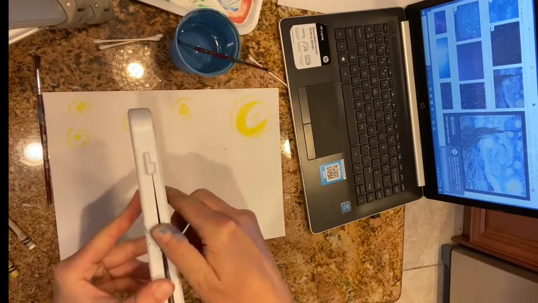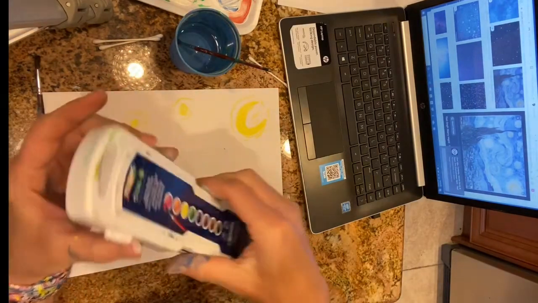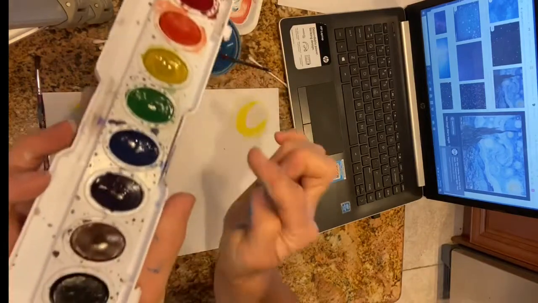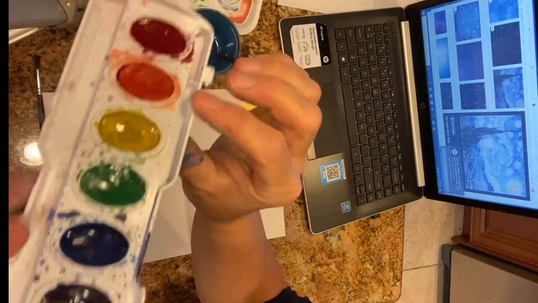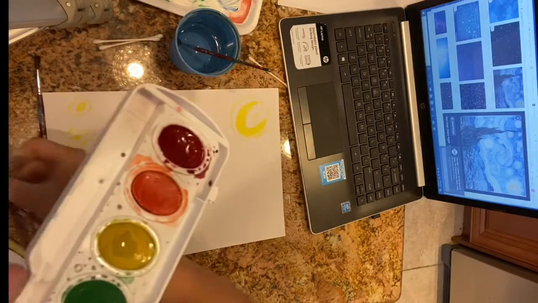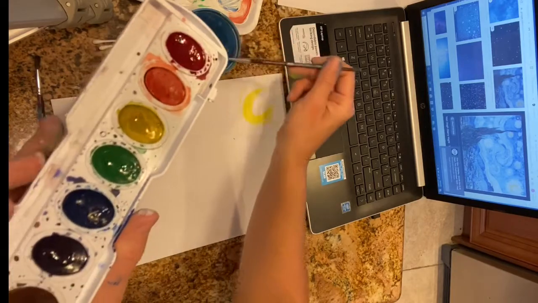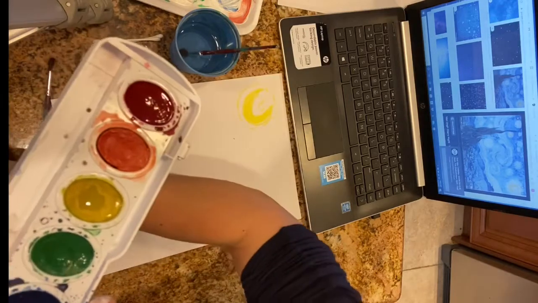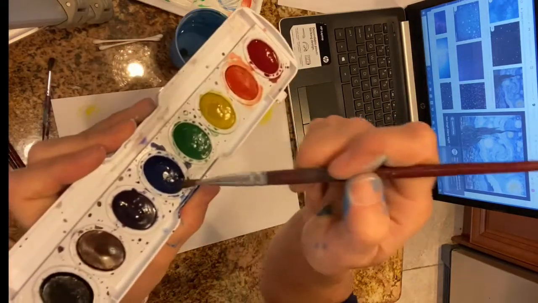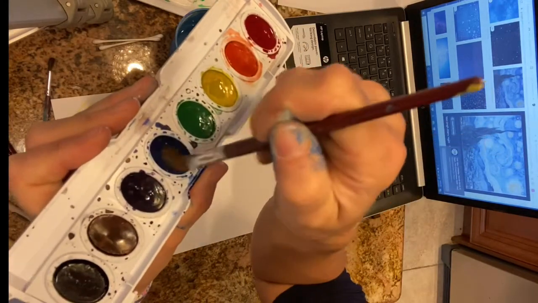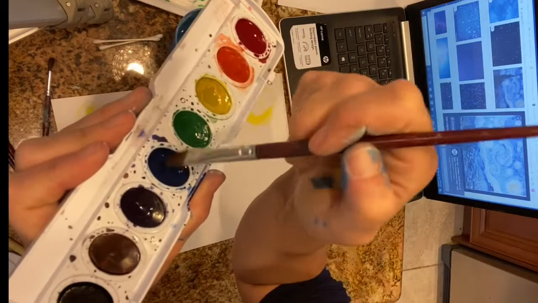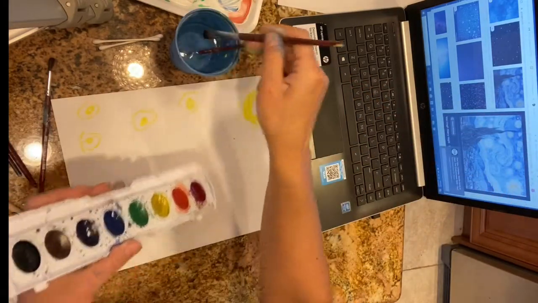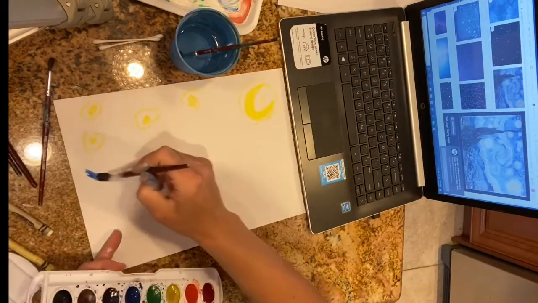Okay, next I'm going to open up a container of watercolors. So watercolors have the rainbow colors on the palette. Watch what happens to the white when I put the blue over the top. So actually this brush is a little too thin. I'm going to take one that's a little thicker and wake up my paint by adding a little bit of water. A little water. Now when I paint over,